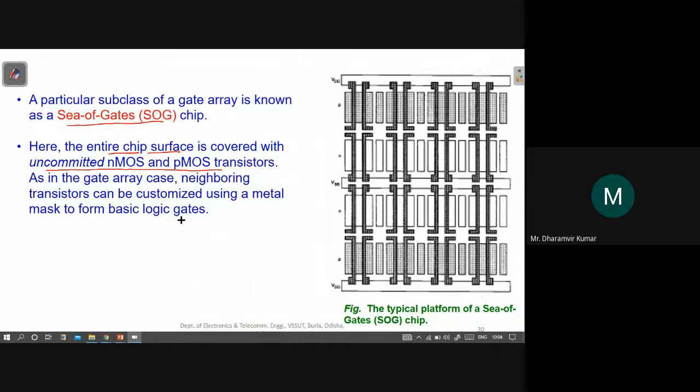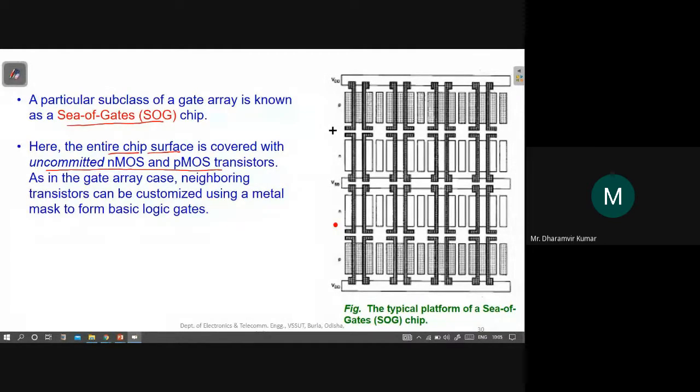But here we have only uncommitted NMOS and PMOS transistors, so how do we perform the interconnection between them? Even for the interconnection between these transistors, these uncommitted transistors are used.